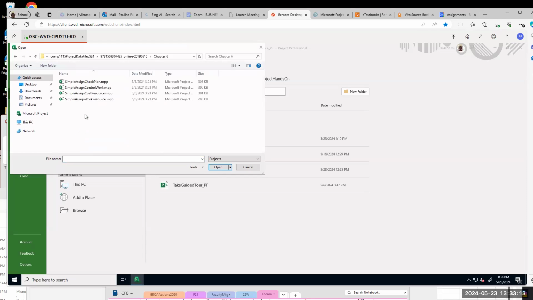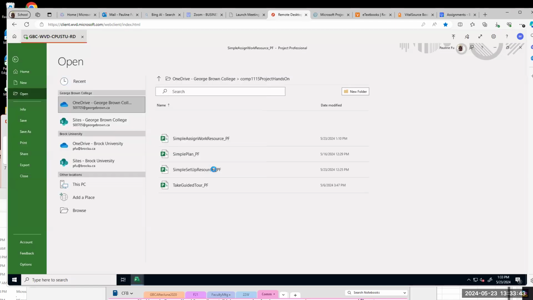Simple assign control work. The second file. We are opening a new file in chapter 6. There are 4 files. We completed 1 file. The new file name simple assign control work. Click open.